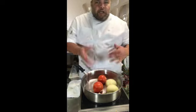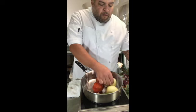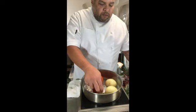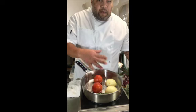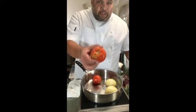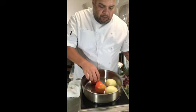And I'm just gonna continue moving them until I get them to a spot that I like. If you leave them and don't move them, they will most likely burn, right? So we wanna blister them and get a good color on them, but we also wanna make sure that they're cooked. Like, as you can tell, my tomato is getting some color right away. All right, so